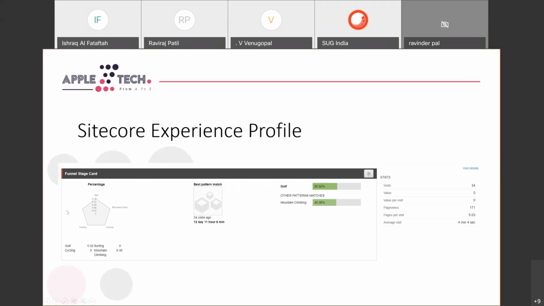And based on the matches and the patterns of this specific visitor, for example, they show more propensity to be a golf user rather than a mountain climbing one. It looks very close, but all in all it tells us that they are more of an adventure persona, since they have shown interest in all of these